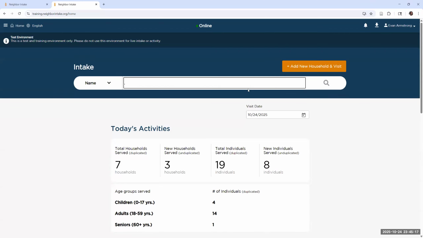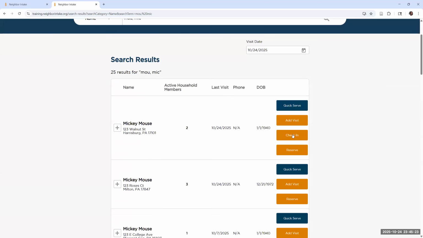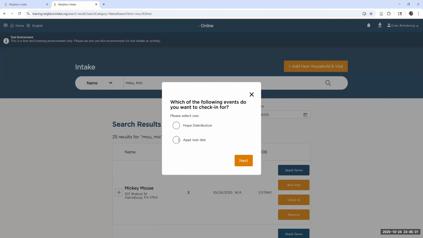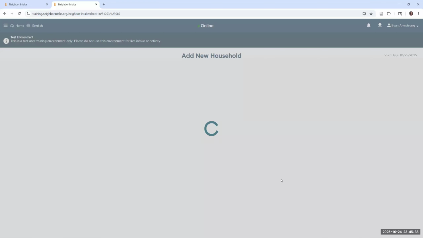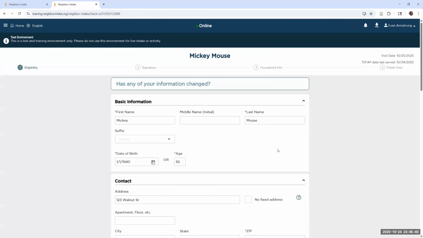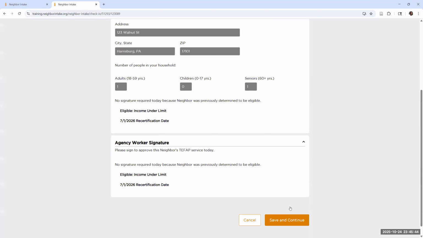And then once it is the day of, it's 10:24. We'll look up Mickey Mouse again. And here you'll see there's this new button here which says check in. So once you've made a reservation and it's now at the time of their reservation and they're here, you can just hit check in. And we can check them in for that distribution. You see the time slot that they chose, hit next, and then just like a returning service, it pulls up all their information. We go through here and we can